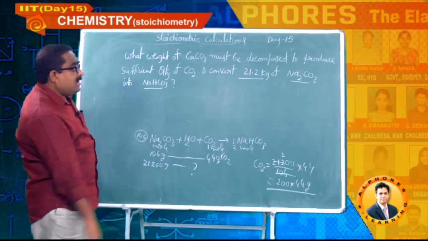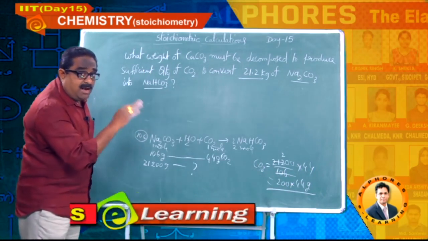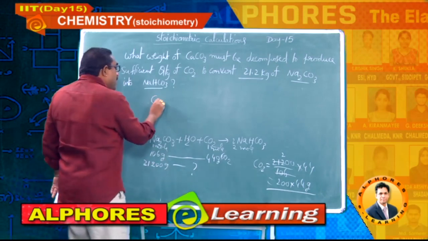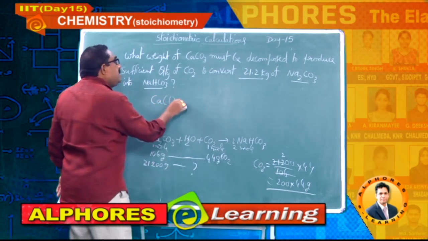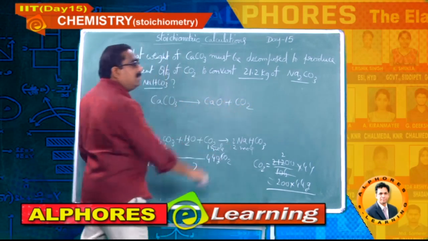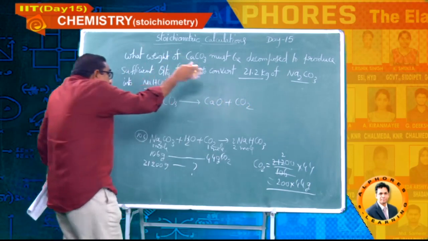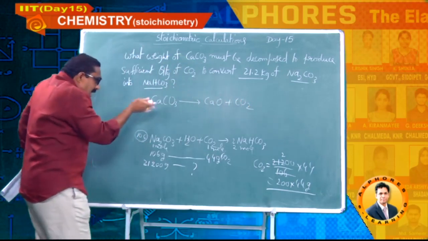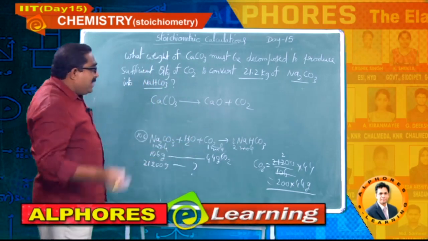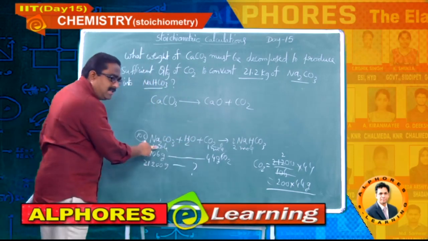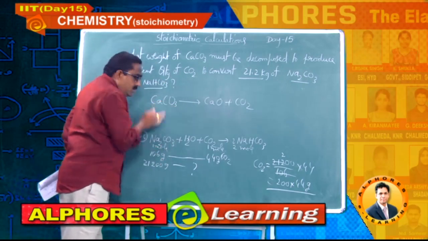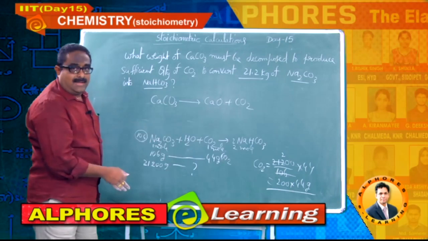Now look at the question, where are you getting that carbon dioxide for this process? First of all, carbon dioxide you should get by the decomposition of limestone. Then only by using this carbon dioxide can you convert carbonate into bicarbonate. But he has given the data of this reaction, that's why I have started here. I am going to end with the first reaction. So these are two sequential reactions.